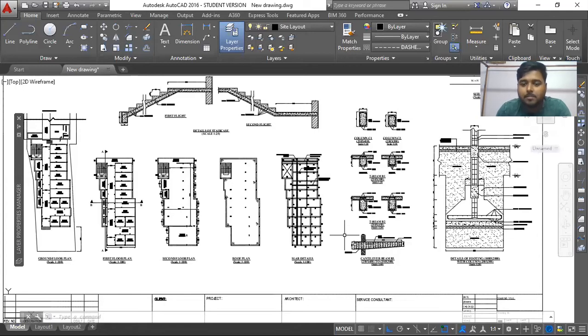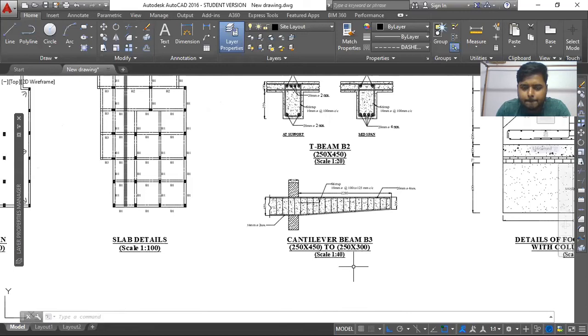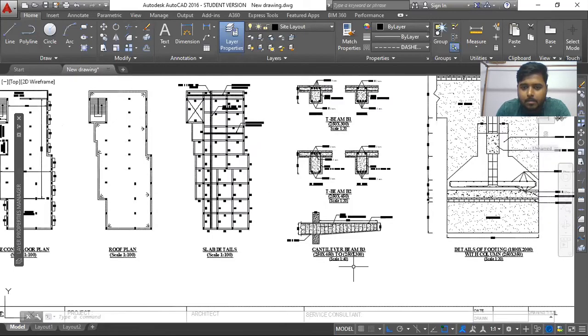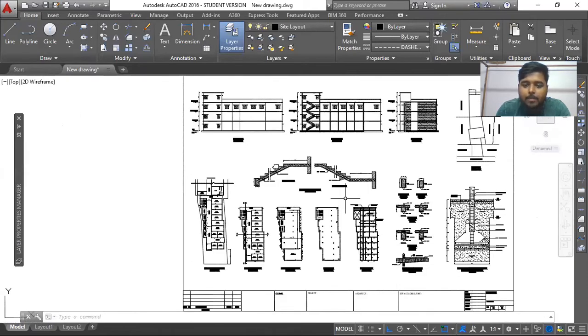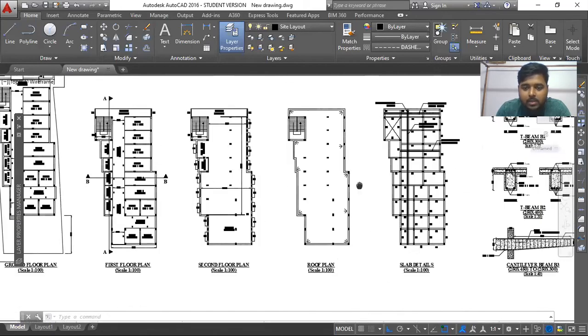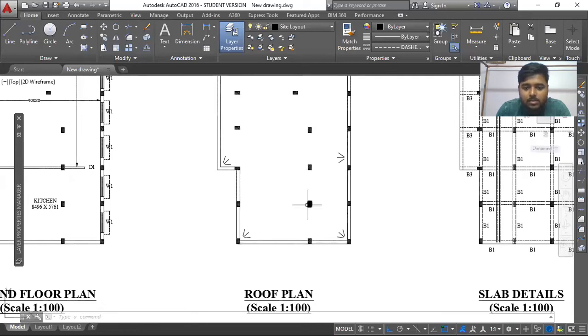Sir, in this case, you told that we should draw on an A0 sheet and then put all drawings on it. So all scales should be the same, no, sir? No. I don't understand. I haven't drawn anything within a sheet. I have drawn this in actual scale.